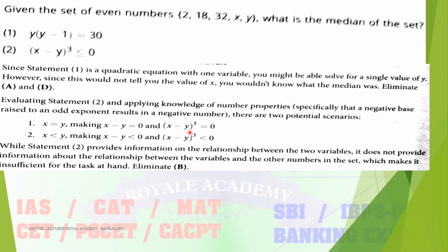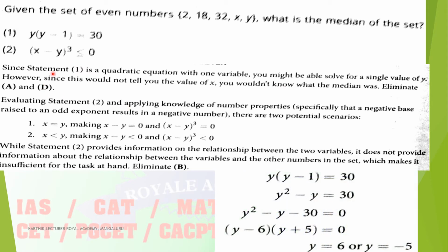From the second statement you will get just an expression and the relation between x and y, but from that you can't determine the value. Why? Because there are two unknown parameters. So from the second statement itself it is also not possible to find out the answer. Then combine them: in the first statement, x is not there. The second statement just gives the relation between x and y, so two unknowns are there. From that also you can't determine. So how to determine the value? Combine together, and from the first statement you will get the values of x and y.